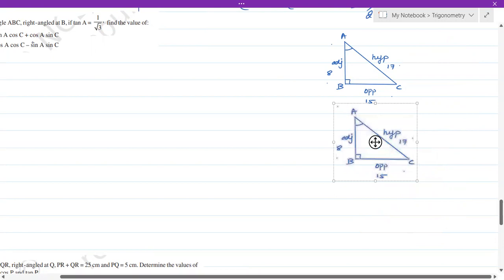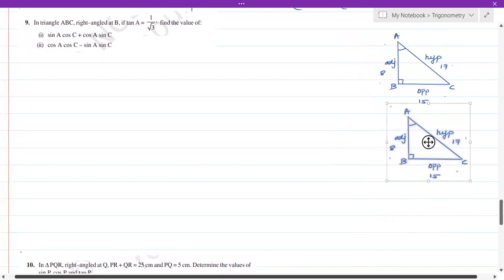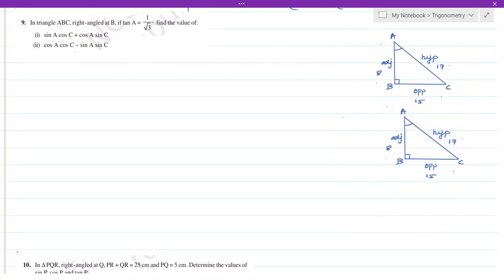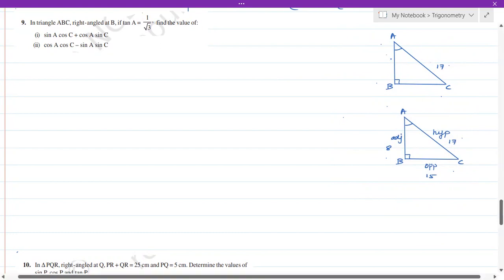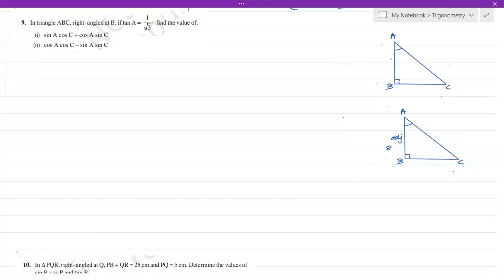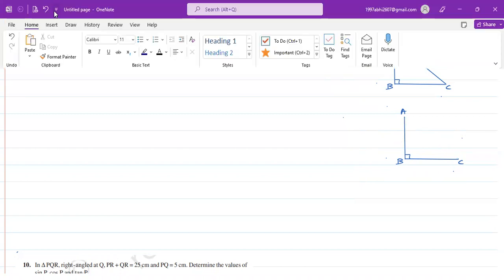Okay. So we have taken two triangles. Now in one of the triangles, see, both are ABC itself. To make the calculation easy, we are taking it like this. Now let's say in the first triangle,